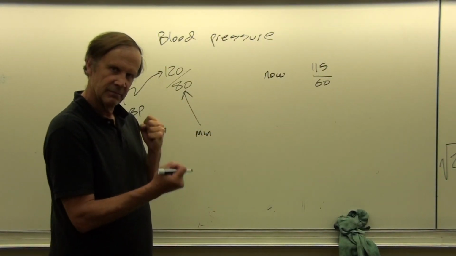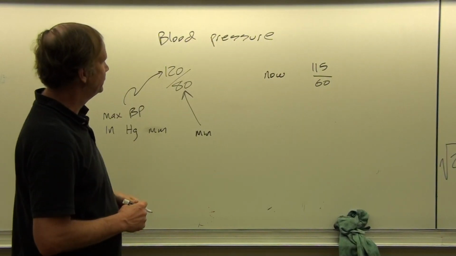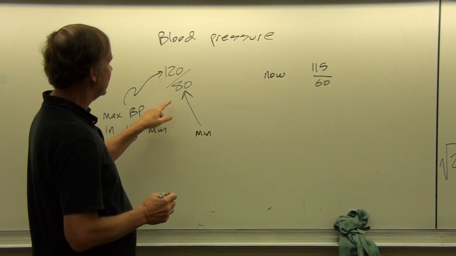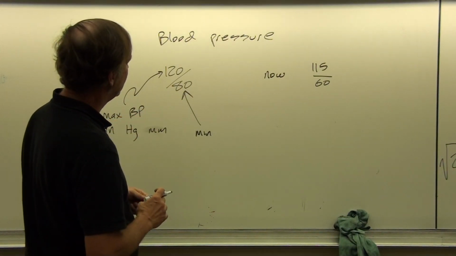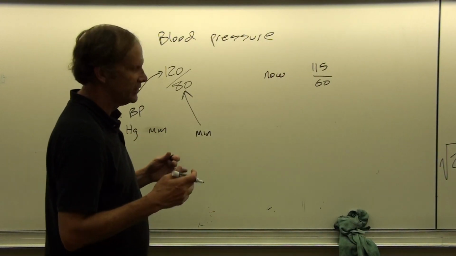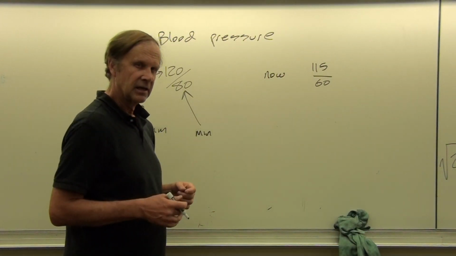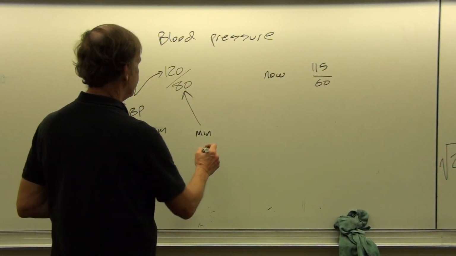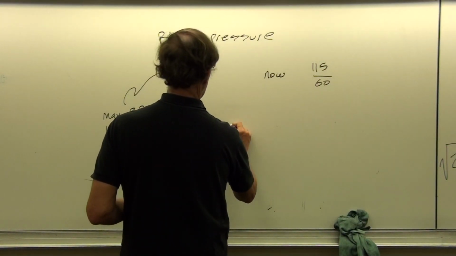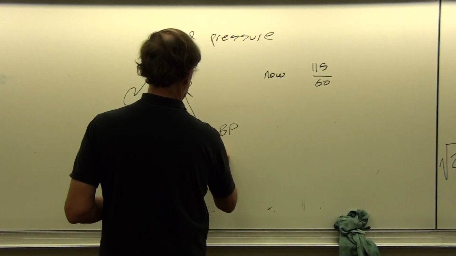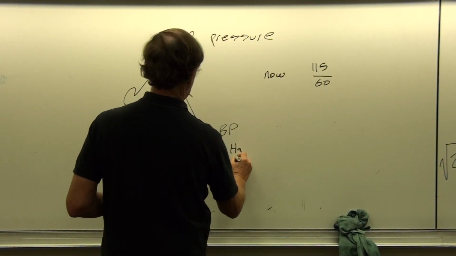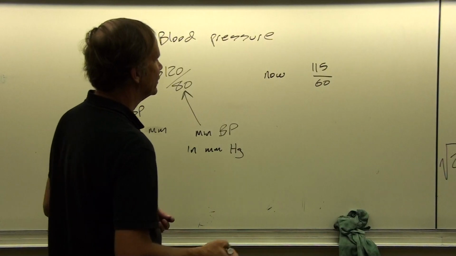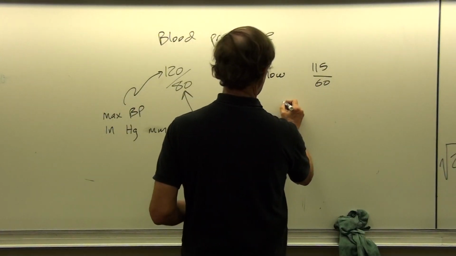They're always being pushed on too hard. And that can cause capillaries to burst, and particularly smaller blood vessels in important organs like the kidney can be threatened by having a diastolic pressure that's too low. So this is your minimum blood pressure in millimeters of mercury. It's also what we call a gauge pressure. So let me just define gauge pressure.